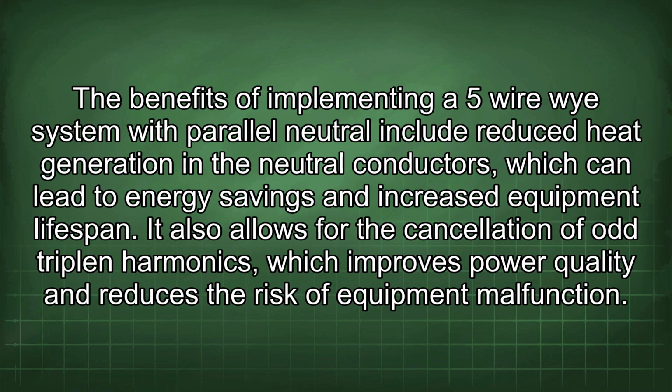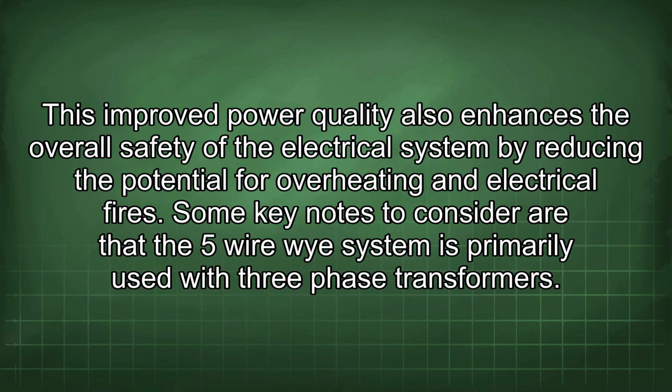The benefits of implementing a 5-wire Y system with parallel neutral include reduced heat generation in the neutral conductors, which can lead to energy savings and increased equipment lifespan. It also allows for the cancellation of odd triplen harmonics, which improves power quality and reduces the risk of equipment malfunction. This improved power quality also enhances the overall safety of the electrical system by reducing the potential for overheating